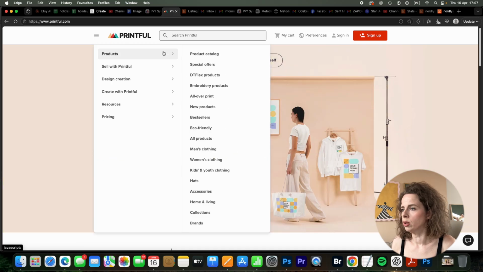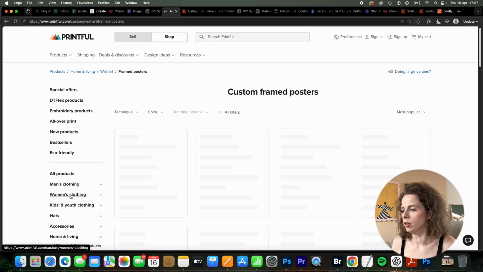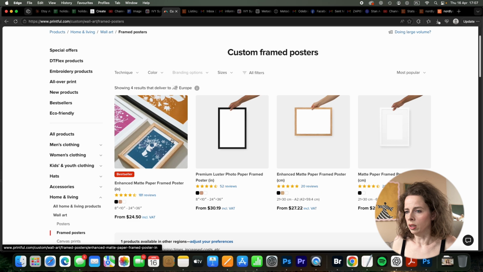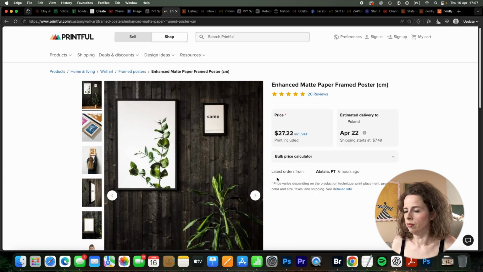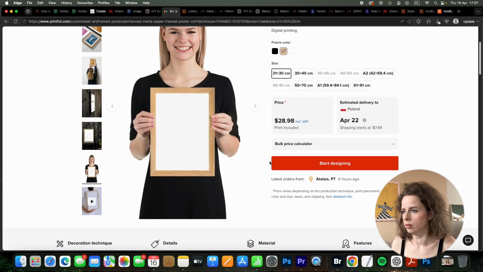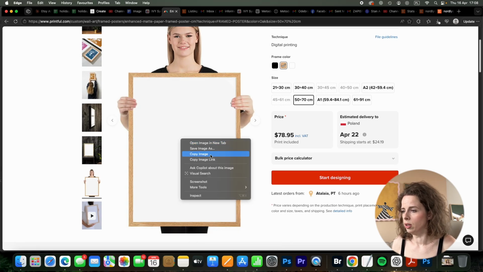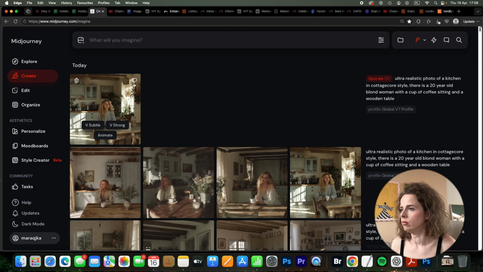So products, home and living, wall art, framed, maybe framed posters. So for this one, I would like to have an oak frame in the size of, I don't know, maybe 50 by 70. I think it's always a good size. So then I just copy the image, and we have,